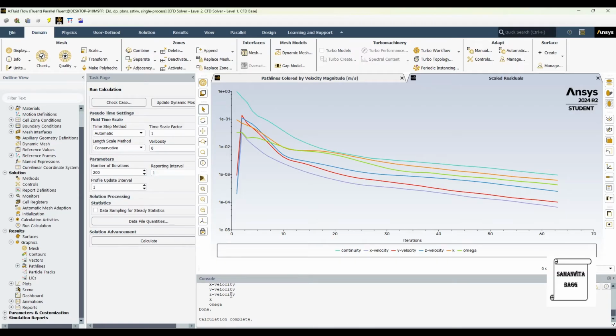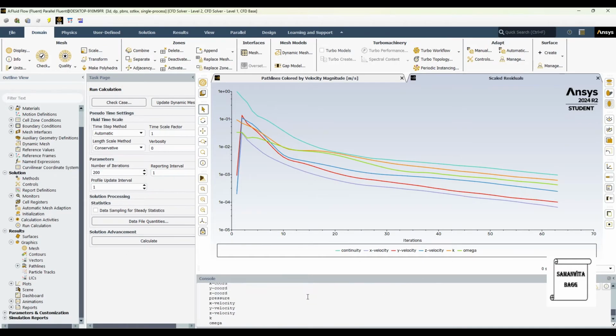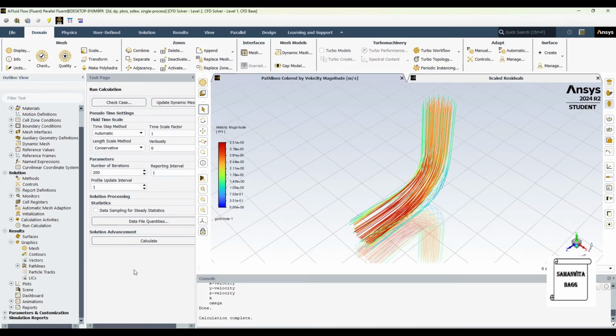In the console, if you scroll here, you will see that the solution has converged at the 63rd iteration. So it required only 63 and I have given 200. So it's okay. If you had given 500 also, no issues. The solution would have converged at somewhere in the 60s only. So these are the solutions that I have opted. Now I will go to results after this. So I'll just close this tab.